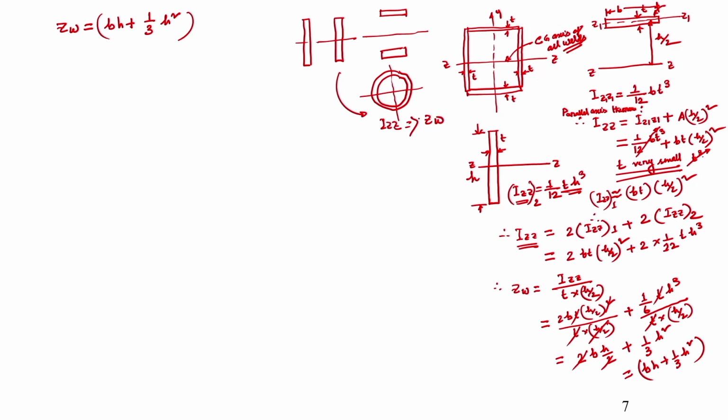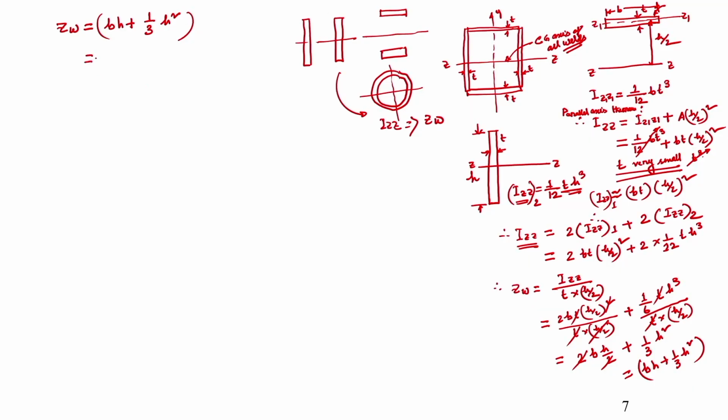So, here as it is a rectangular shape and it is welded on 4 sides, that is why at the throat area section, what should be its ZW, that I am showing. So, this ZW will be b is given as 3, h is given as 5, plus 1/3 into h is given as 5 square. Okay. This will give you a value, I am directly putting 23.3 inches square.